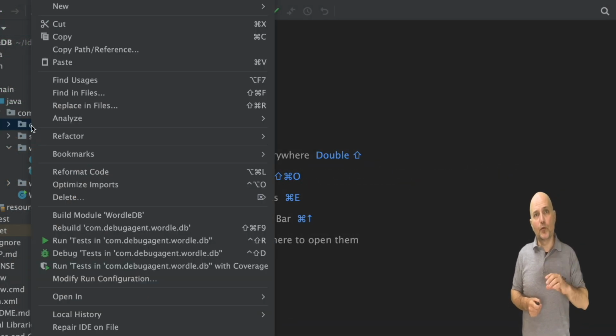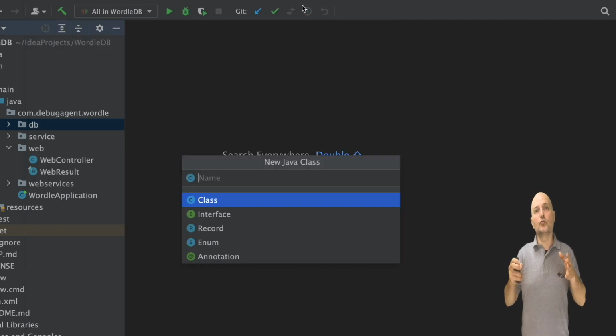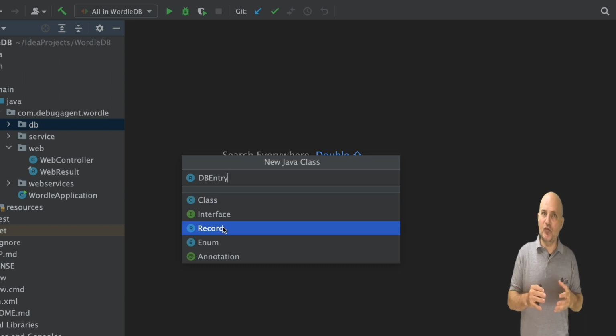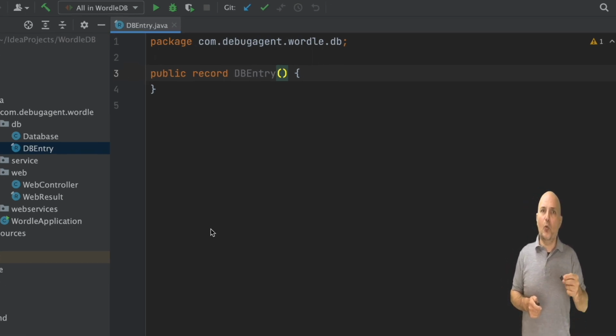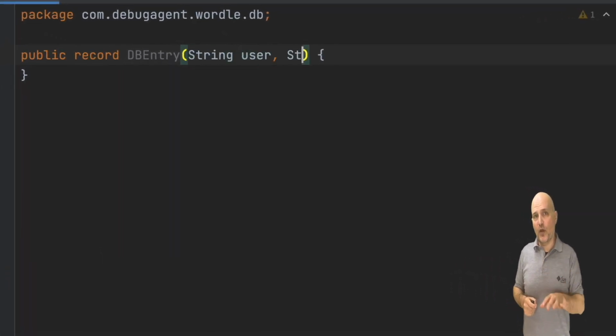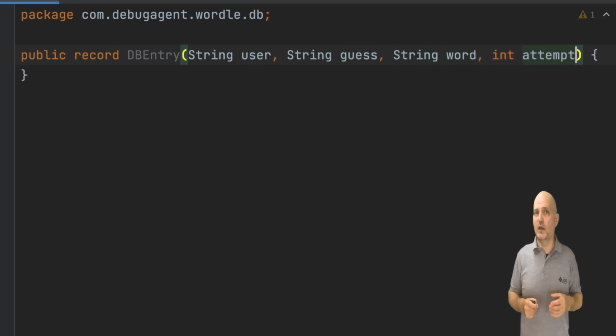For the next bit of code, we need to create a new record that will represent the entries within the database. We don't necessarily need it, but it's more convenient to work with a class or a record. The values here should be pretty familiar as they match the content of the table columns exactly.